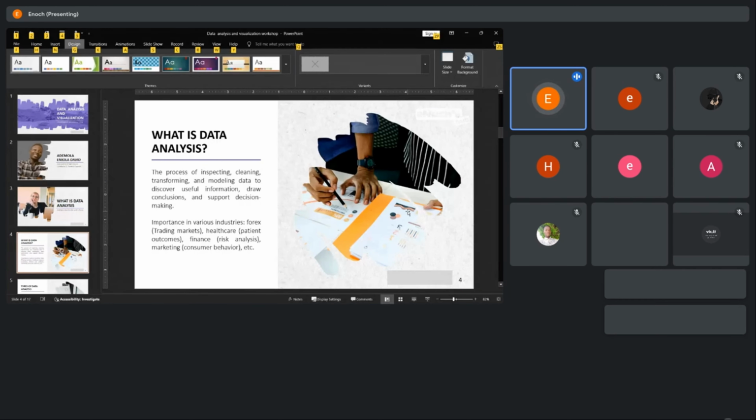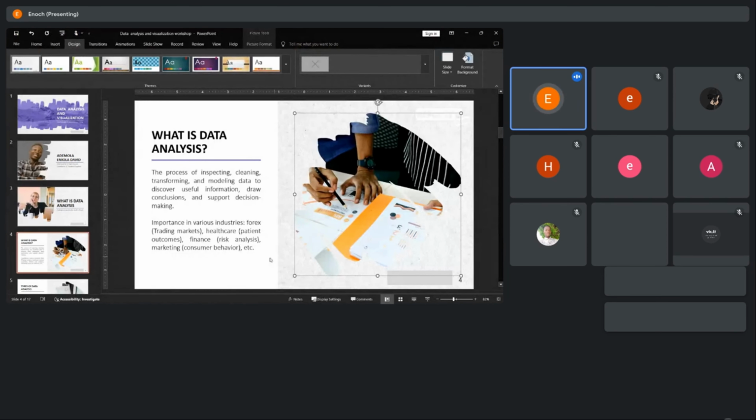So we're looking at an example here. I just said the forex market. If you guys are familiar with the forex market,